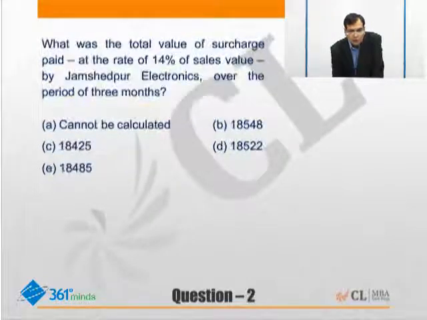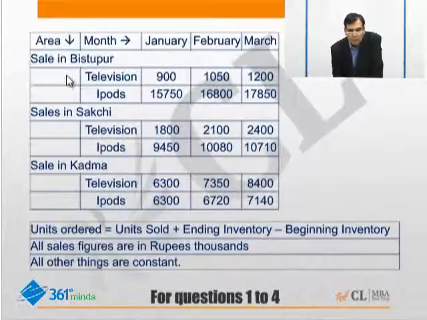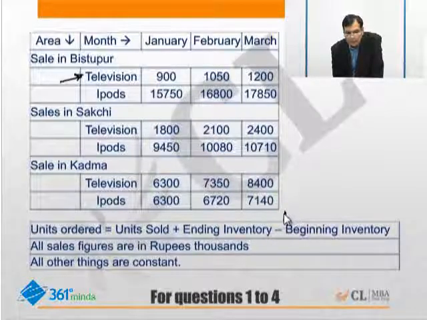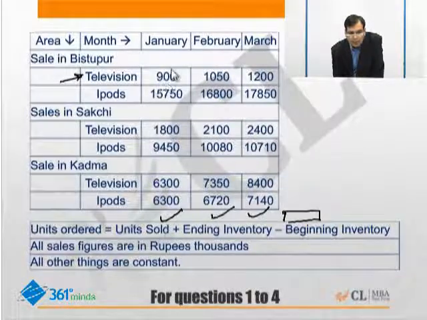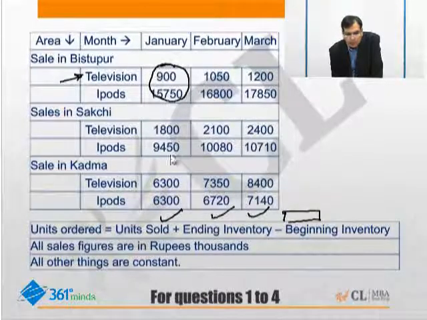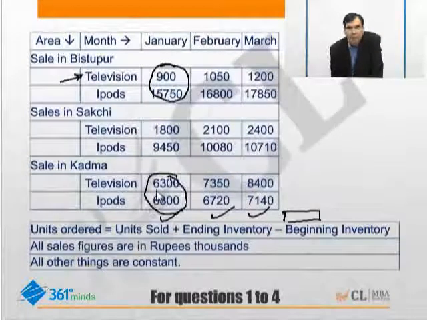So in addition to the total, the first question, if you remember, asked us to find this particular item. One of the questions wanted us to find the total, which means summation of this plus summation of this plus summation of this. This one says for January, Vistupur and Karma, televisions and iPods separately. Okay. So when you're looking at these C4 questions, what should be very clear to you is that before you start solving the question, you should do the totaling up of all these pieces of data so that you don't have to waste time while doing the question.